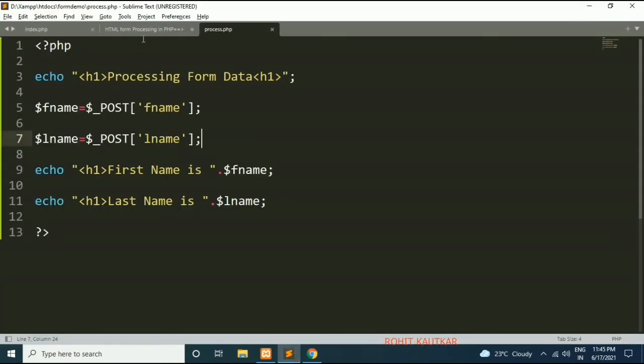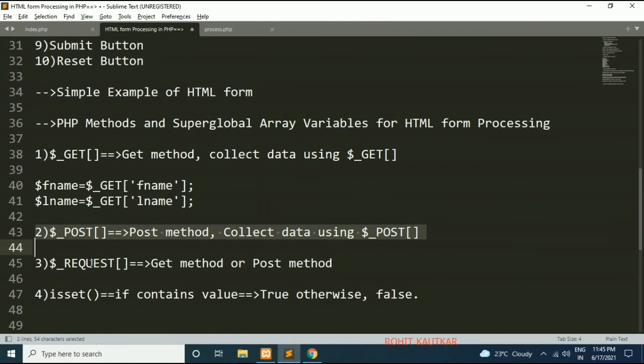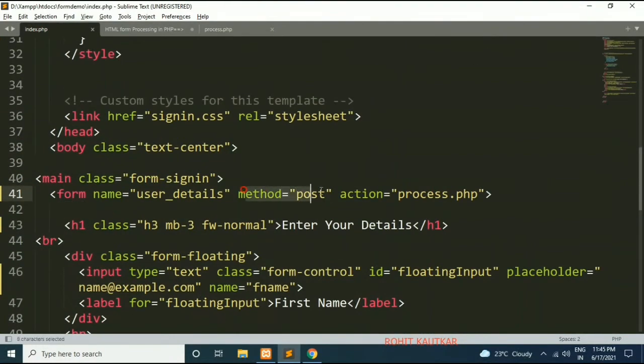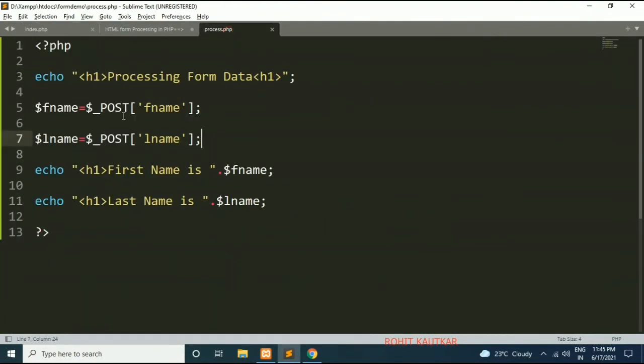Next, I will demonstrate that whether your form has the get method or the post method, you can collect data using $_REQUEST. Our form has the post method, so let's try to collect using $_REQUEST. Here I will replace this with $_REQUEST like this, and replace it here as well.